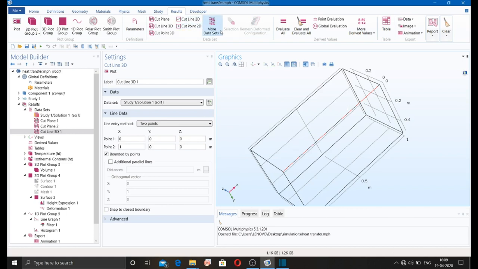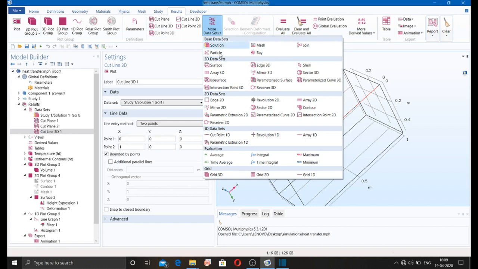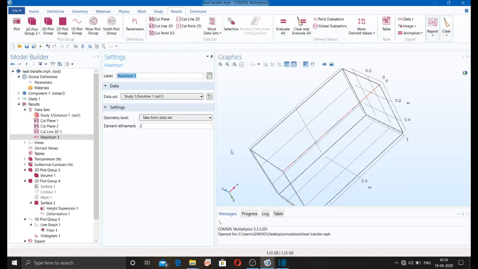Cut line 2D, more data sets, solution edge 2D, revolution 2D. Anything you want to do, you can do. You can evaluate the average of temperature, maximum values of temperature, anything else.